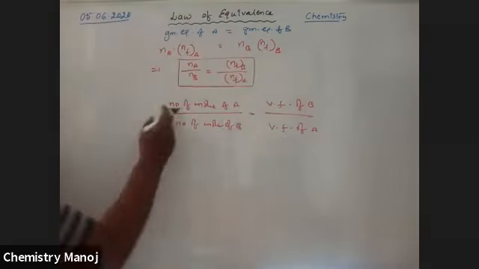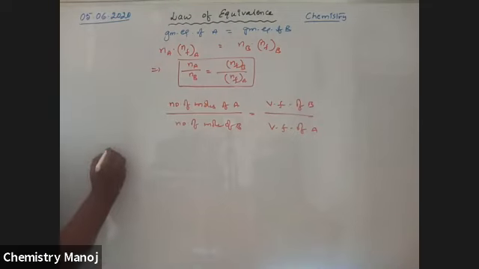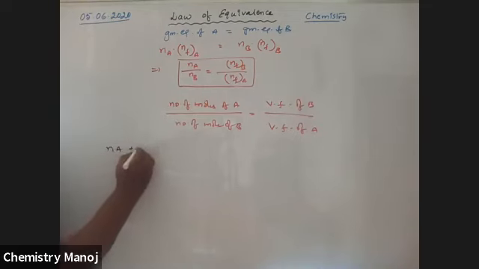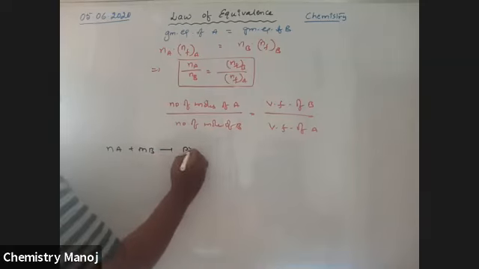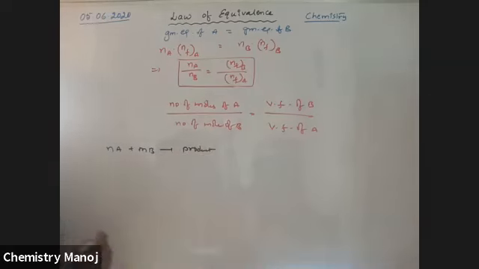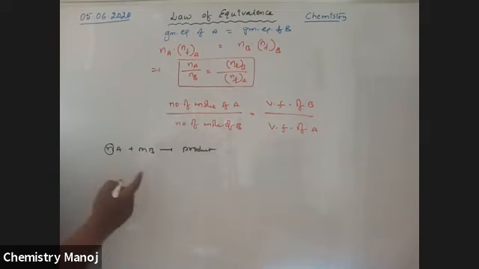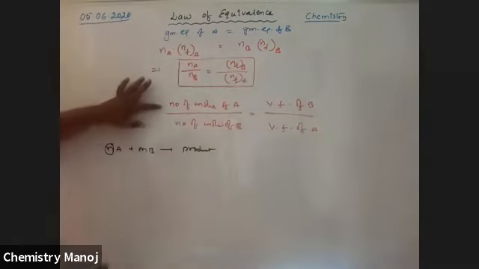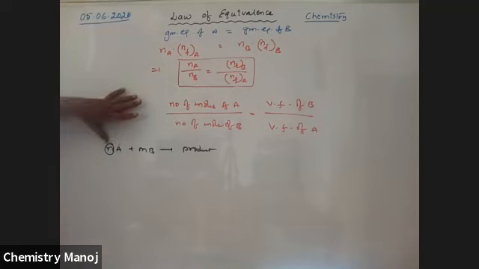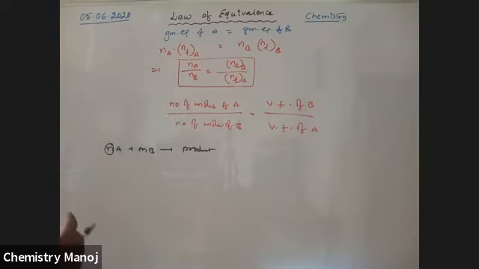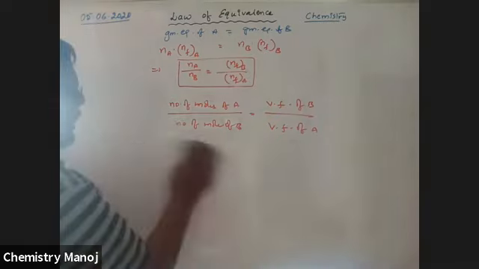So that means, for example, n moles of A react with m moles of B to give some product N. Let n be the number of moles of A involved in the reaction, if you know the balanced equation. The number of moles of A is nothing but the coefficient of A in the balanced equation, and the number of moles of B means the coefficient of B in the balanced reaction. That is why I am writing it like this.